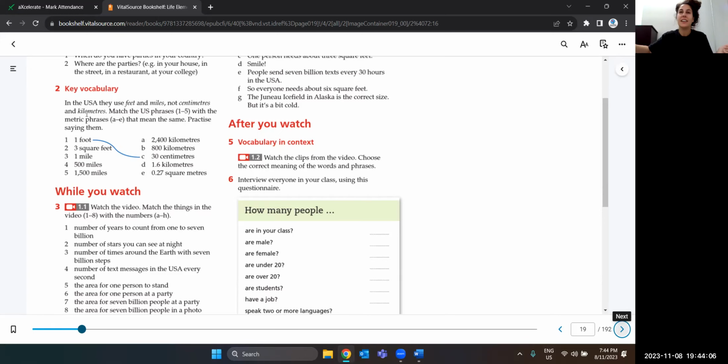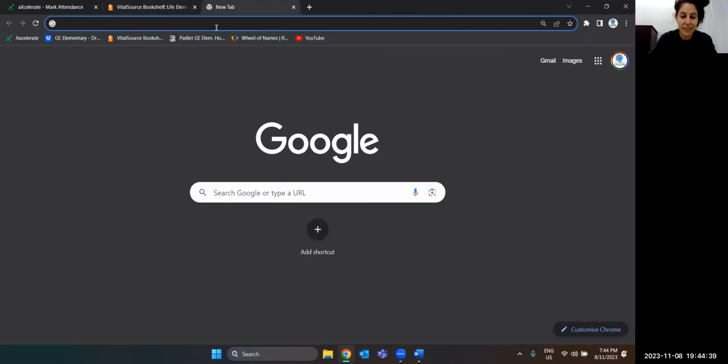So how far do you live to the city? Oh, I live about 2 k's from the city. Or how far do we need to walk or drive? Then we use kilometers. So let's try and match them. Some are in America. The ones on the left, from 1 to 5, are in American, and we want to convert them to Australian. So the first one, they did it for us. Americans will say 1 foot. That's the same as saying 30 centimeters. We have a ruler, which is 30 centimeters. That's very common.